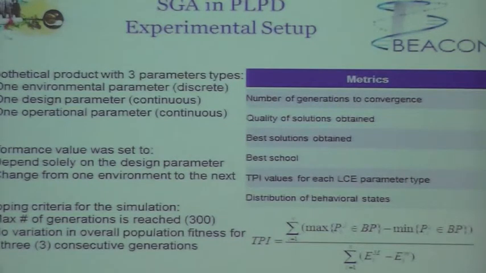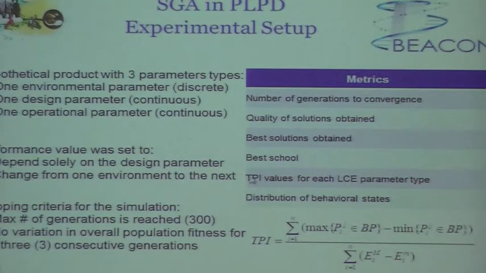The stopping criteria for the simulation was either the maximum number of generations reached, or no variation in the overall population fitness for 3 consecutive generations, at which point the simulation was to stop. I used MATLAB to run the simulation. The metrics were the number of generations to converge, the quality of the solution obtained, the best solution, and